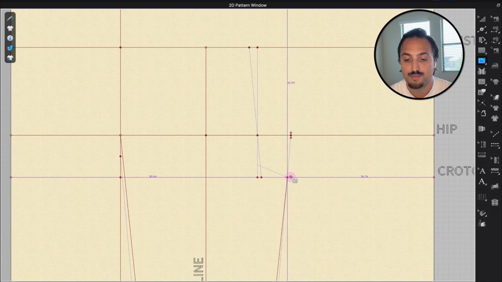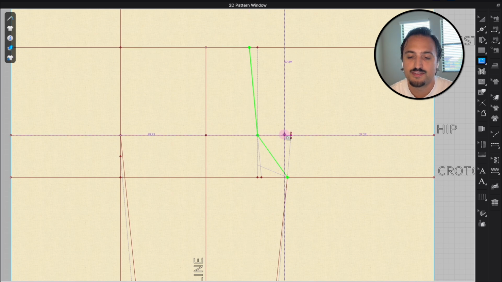Now, I'm gonna take my internal line tool. I'm gonna select this crotch point. I'm gonna create a segment point here, and I'm gonna measure all the way up to my waist, and I'm gonna create another segment point. So basically I've just copied that line, but now I have a clean line to work with,